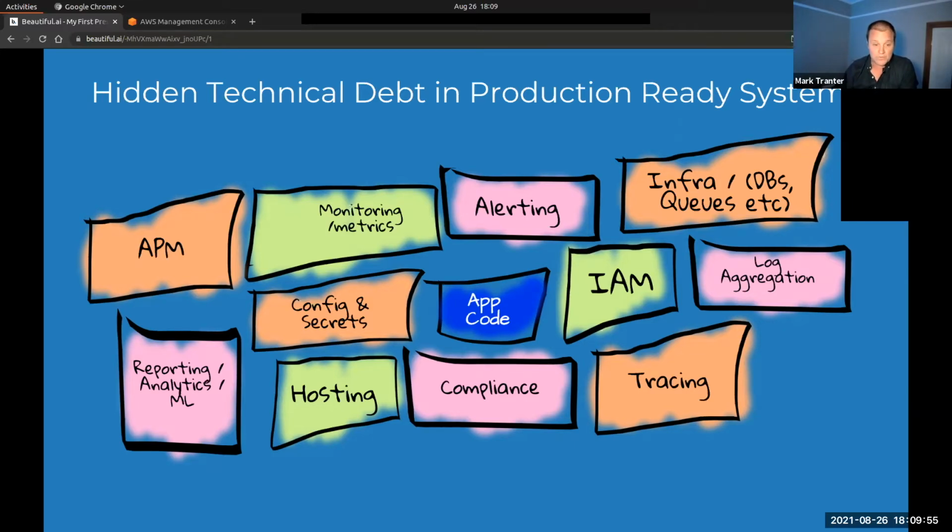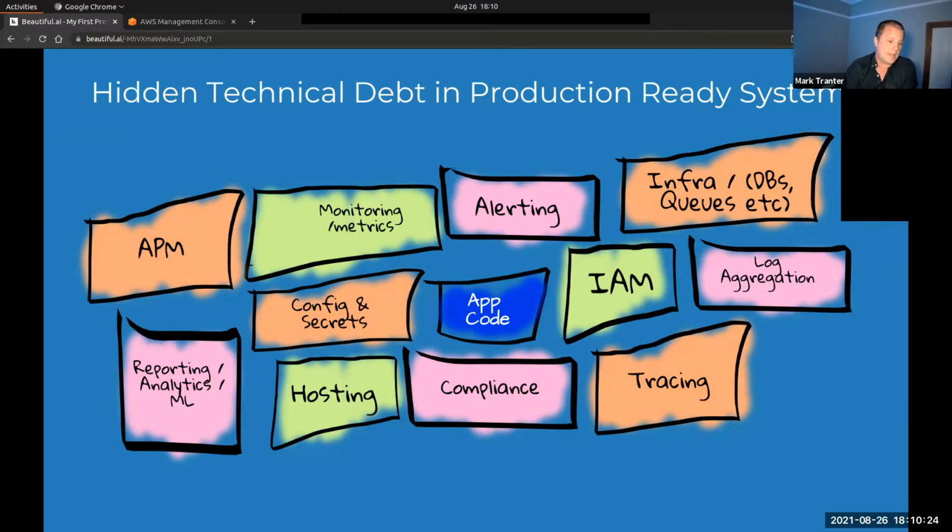access what resources. If we're in microservices world, we want some distributed tracing to follow the code path through our entire system. Ideally, we want some compliance tools. So that can be things such as AWS Security Hub that monitor the security, the state of your system in AWS. I'll touch a little bit more on compliance later on. Hosting, it's fairly easy in the serverless world. That's going to be Lambda.